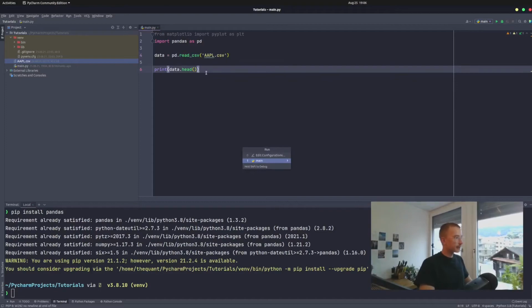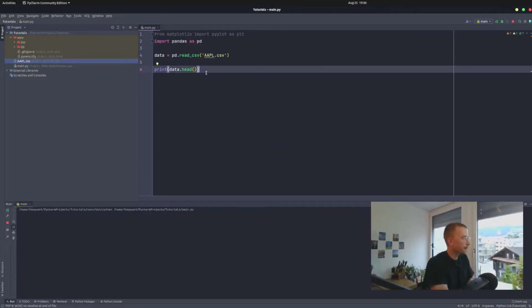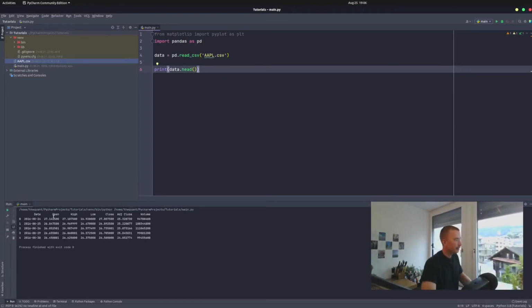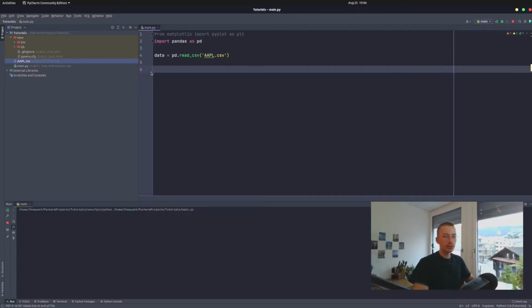So let's run that. And we can see now we have the first 5 rows of data along with the column names. So basically we can see data, so we did everything right. And that means that we can start to plot. So what do we want to plot? If I run it again, basically we don't see anything. Well, you need to know the column name in order to plot